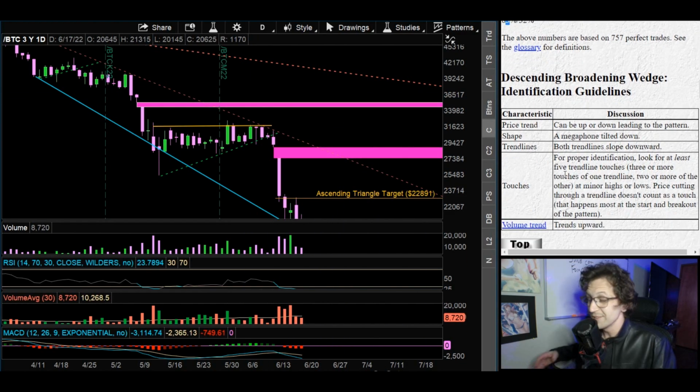For up, it's 83%. This is pretty good. This is really good. That means that the overall height of the pattern, take 83% of that, and then you add that to the breakout price, and that's going to be your price target. But more often than not, it comes to the top of the pattern. So let's take